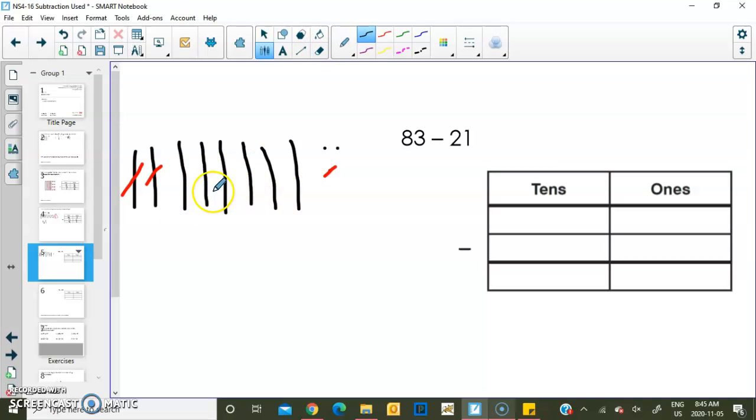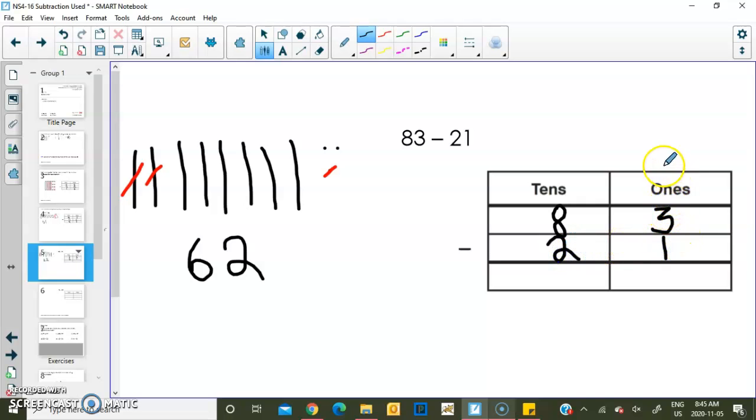So how many tens rods do I have left? Let's count. 1, 2, 3, 4, 5, 6. How many ones blocks do I have left over? Let's count. 1, 2. So 83 minus or subtract 21 equals 62. Let's fill out the chart. So we have, excuse me, 83 subtract 21